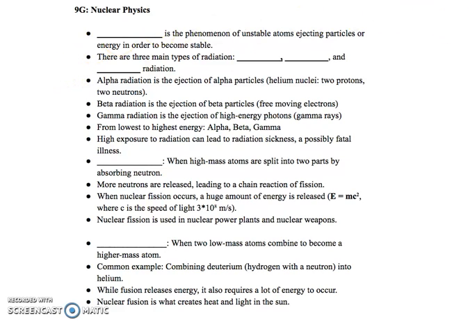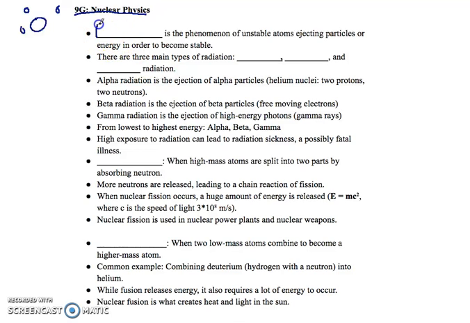Okay, we'll get started. In this section, we're going to be going through nuclear physics, which is 9G. So nuclear physics, that's basically the physics of really small things. We're going to be looking at the atomic level, basically. So the first thing with this is we're going to be